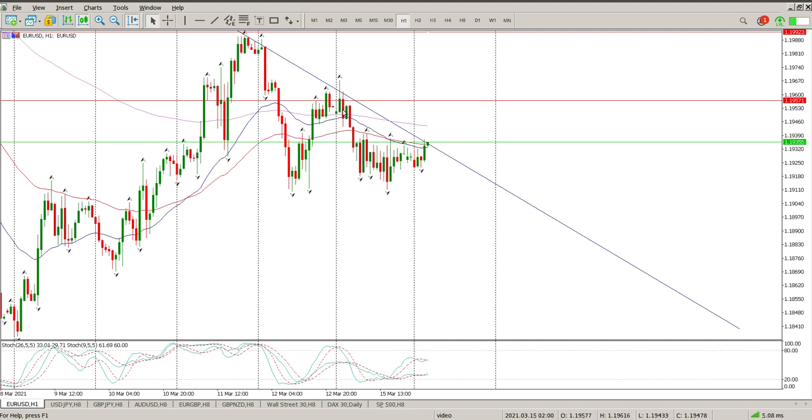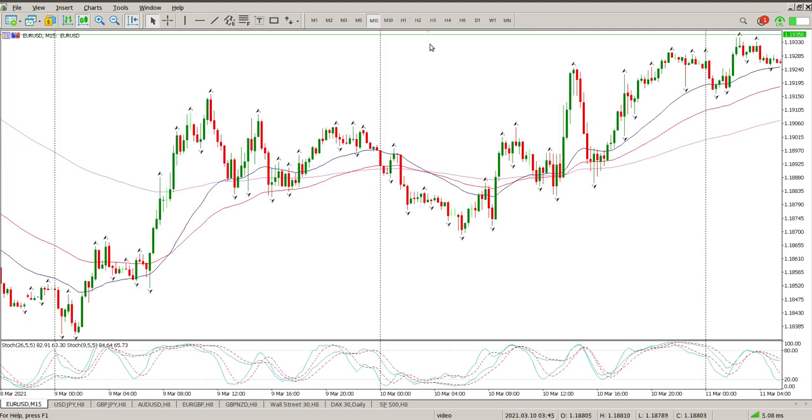1, 2, 3, 4, 5, 6, 7. There's the first 7 bars. Didn't really fall after that. But what has happened, if you look at the moving averages, we're back into the moving averages. We're testing this trend line again. So for me, this is a